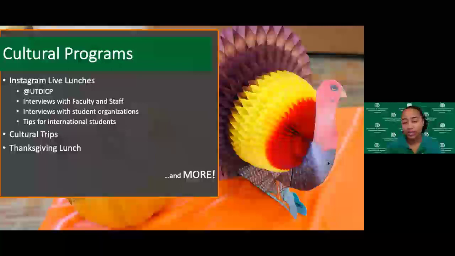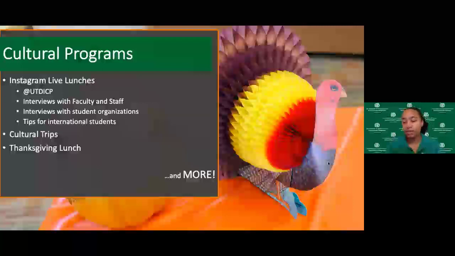So if you are interested in learning about any culture, not just American culture, this is a great platform for you to do so. And once again, it's in a very casual and relaxed format. And we also share tips for international students. For example, today, if you are available at 1 p.m., we will be sharing what it is to eat and dine in America, and we'll be going over some little etiquette tips, and also some other information that you might need to know.